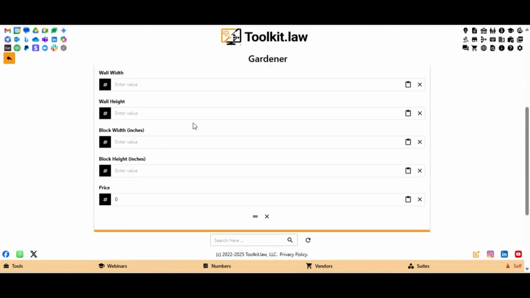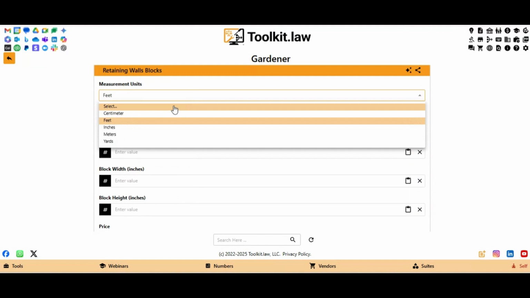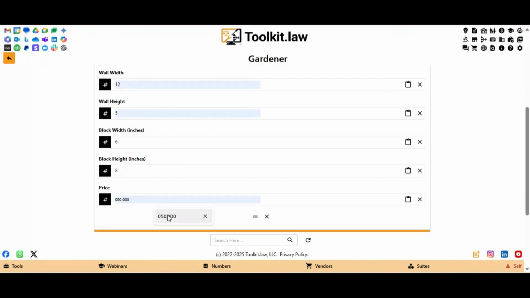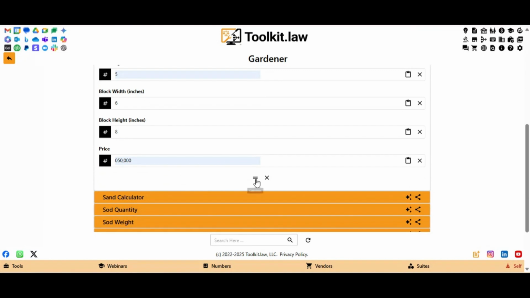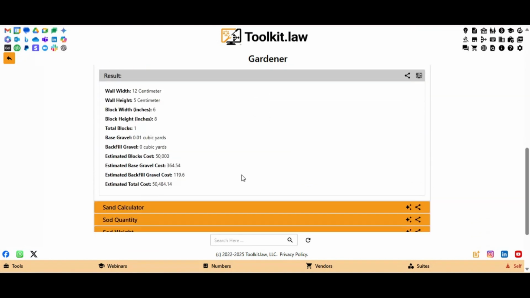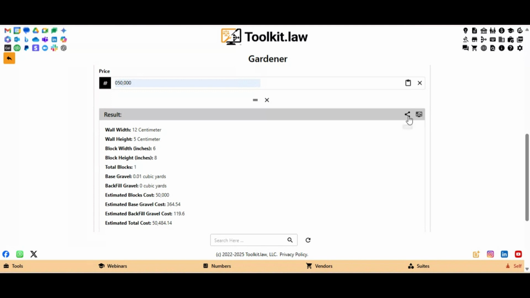Here, you can choose your measurement units, enter wall width and height, and then input block dimensions and price. Once ready, click the equals icon to instantly calculate the total number of blocks and the total cost for your retaining wall project. You can clear entries, reset results, or share your calculations directly, making collaboration and revisions quick and